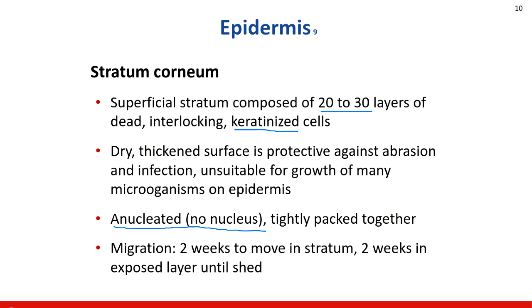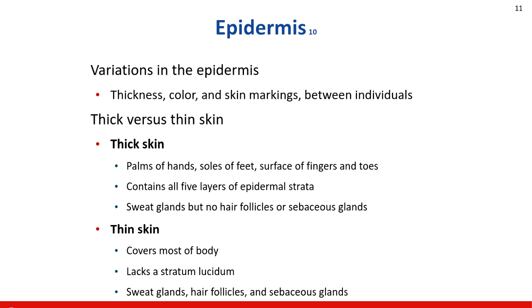So what I mean by that, it takes about 2 weeks for a cell to migrate from the stratum basale into the stratum corneum. Then it spends about 2 weeks in the stratum corneum before it eventually gets shed off or sloughed off. Okay, so it's about a month. So it's almost like you're like a snake. All right. Okay. A couple things about the epidermis before we move on to the dermis is you've probably noticed